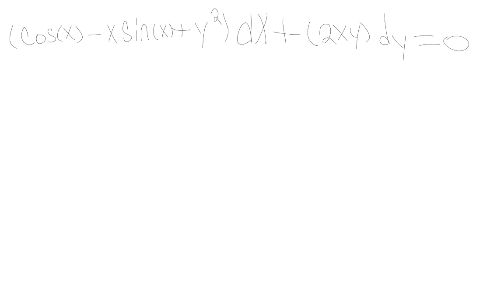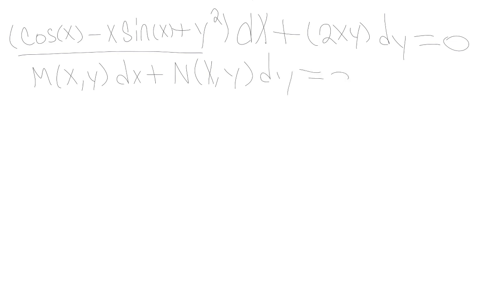So this function right here is what I would call my M of x, y, and it's being multiplied by dx, and I'm adding it with N of x, y, which is being multiplied by dy, and all of it is equal to 0. So first thing I'm going to do is take my partial M with respect to y. So my partial derivative with respect to y of M would be equal to the partial with